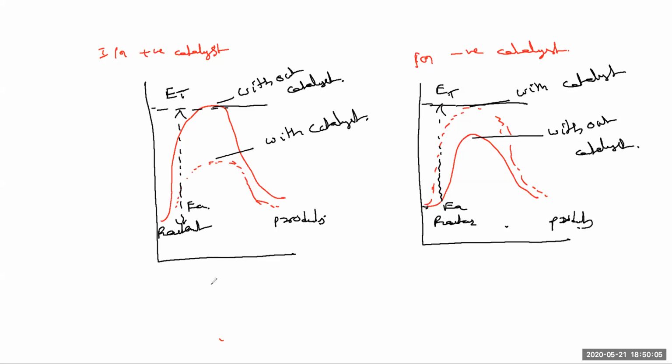See, what is the rate of reaction? Observe now in both curves. For positive catalyst, the energy barrier between the reactants and products is the height, just like a wall. The height of the wall is decreased when a catalyst is added, by finding a new path. The dotted line is the new path.